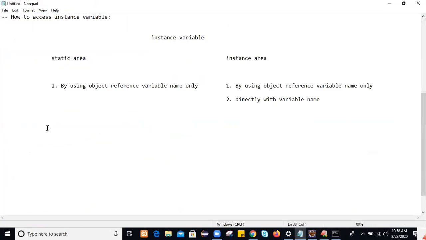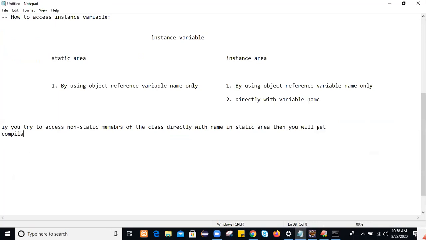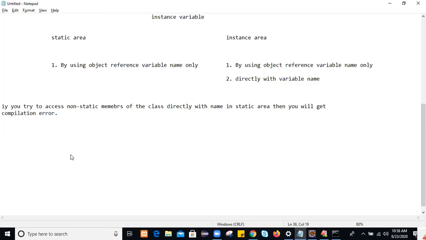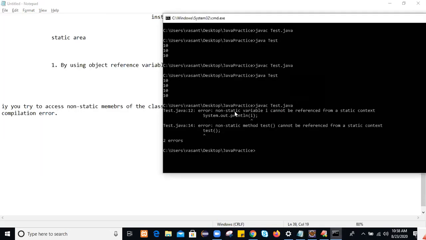So write down: if you try to access non-static members of the class directly with the name in static area, then you will get a compilation error. What compilation error will you get?